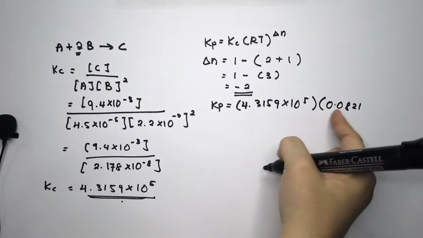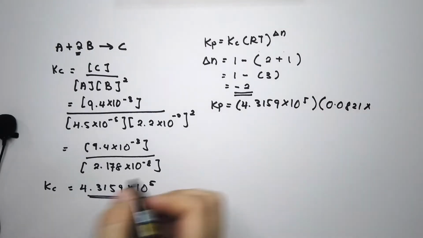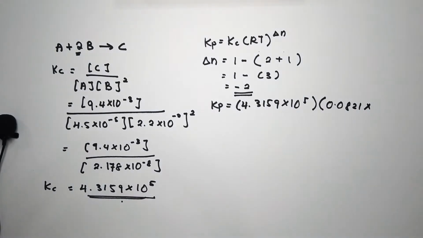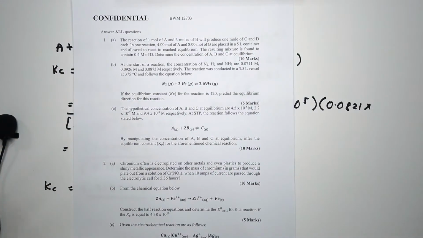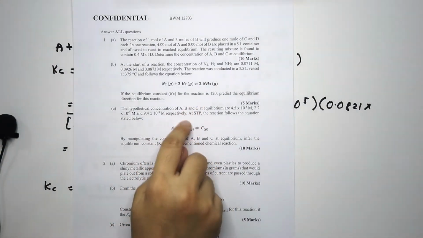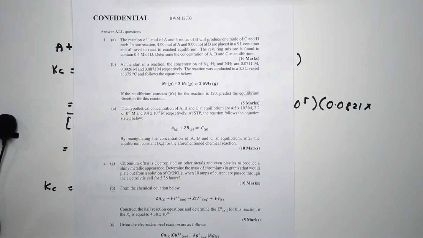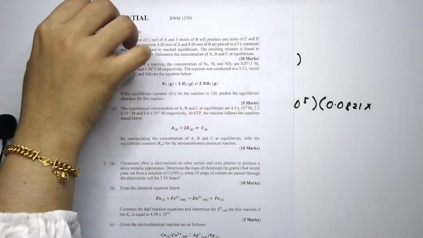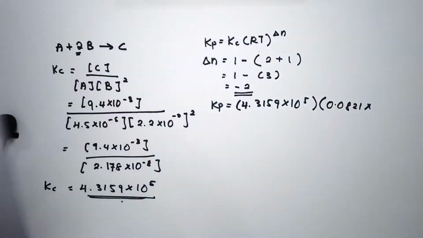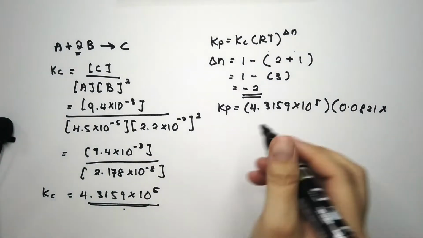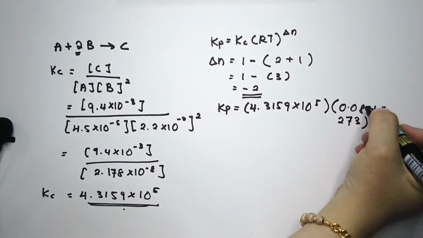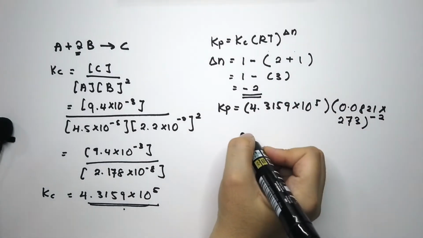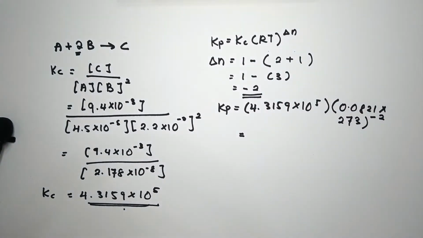0.0821. This is the gas constant times T. So what is your T? If you look at the question, it states here that at STP. So at STP, remember the temperature at STP is 273 K. So times 273. Your delta N is equivalent to negative 2. So therefore, what you should get is